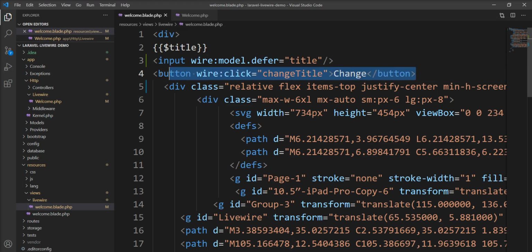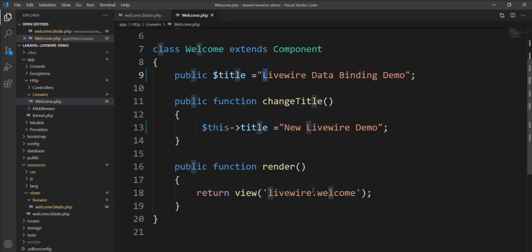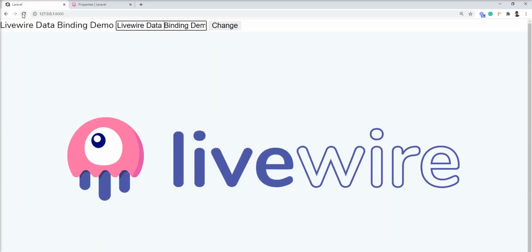I declared this button in the last tutorial. Let me comment this out, because when I click on the change button, this change title method is called and it updates with this new title. But let me comment it out so you can easily understand this defer method.